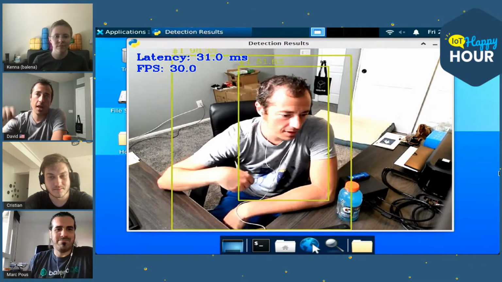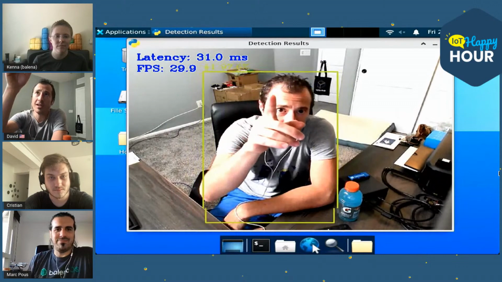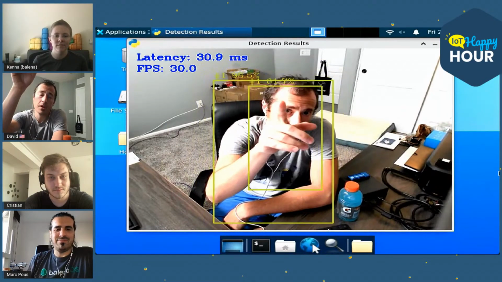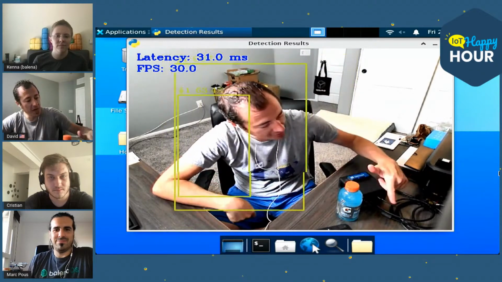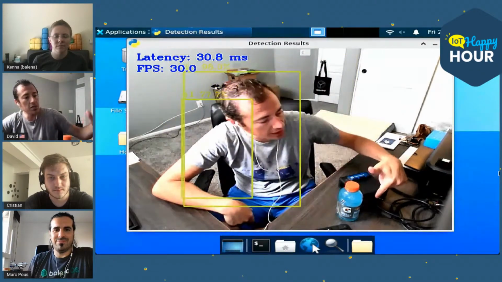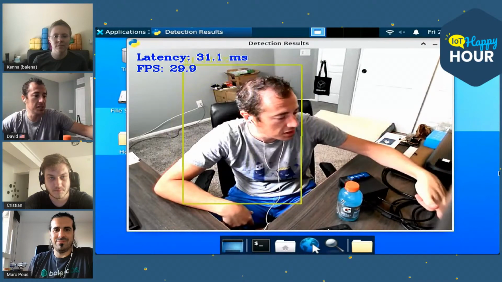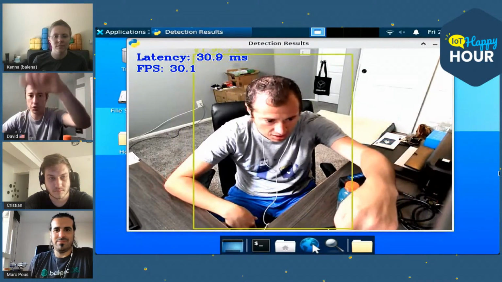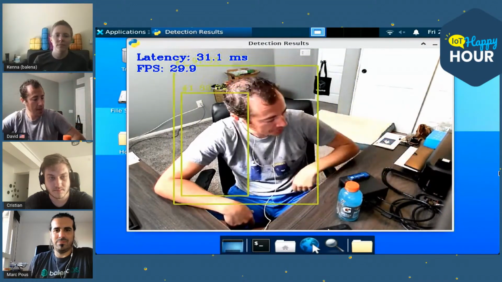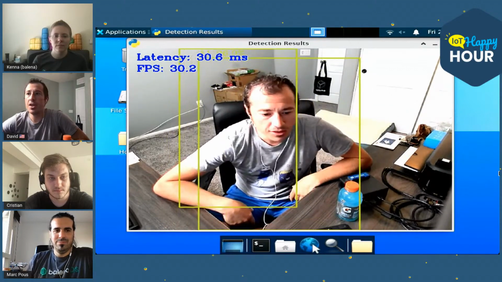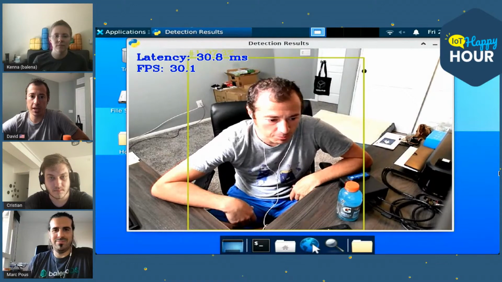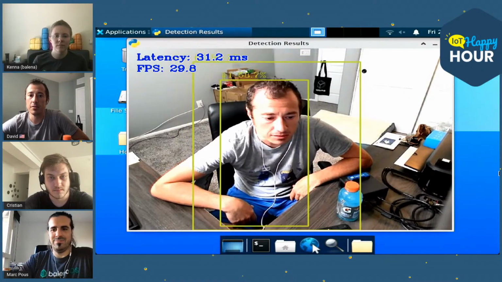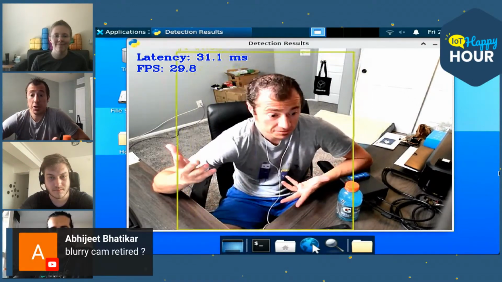So here's a bird's eye view. I've got a camera up here attached to the NUC right here. I have my HDMI out going into my USB adapter plugged into the laptop. And so this model here on this application is object detection, and it's detecting me as a human.